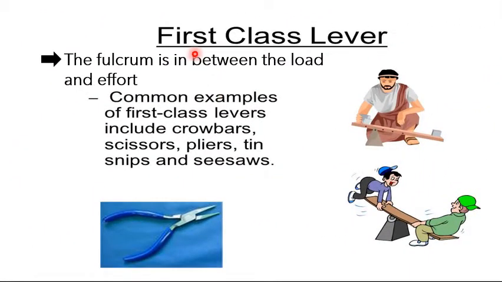So as I told you, in a lever of class 1, or first class lever, the fulcrum is between the load and the effort. So we need to remember the important examples: seesaw, pair of scissors, right? These are the things which can be kept in lever of class 1.